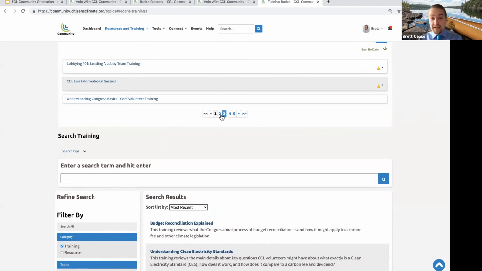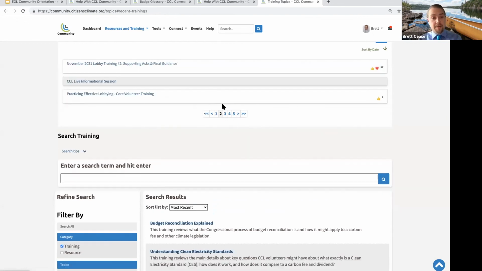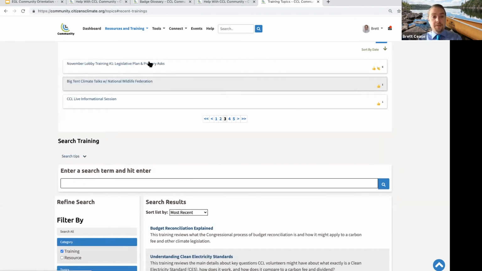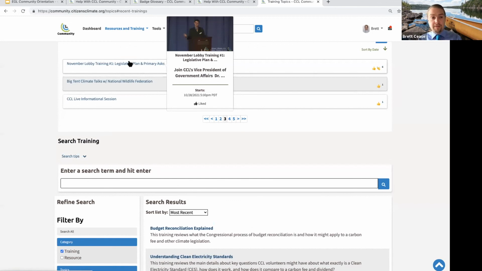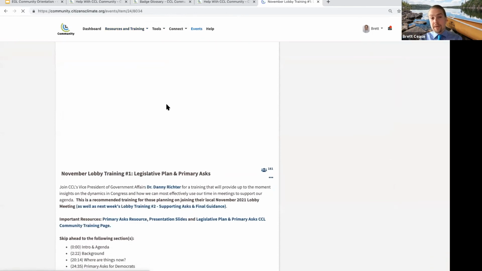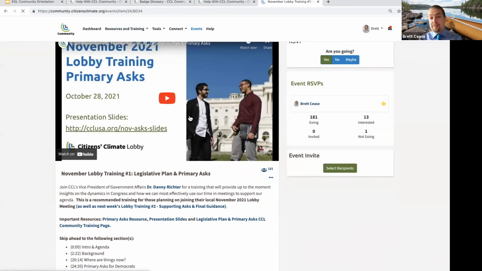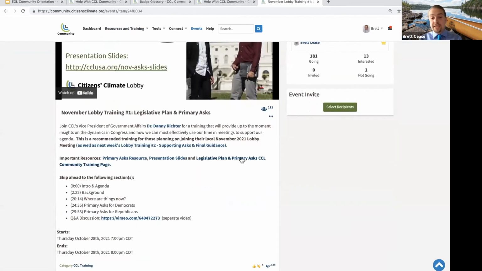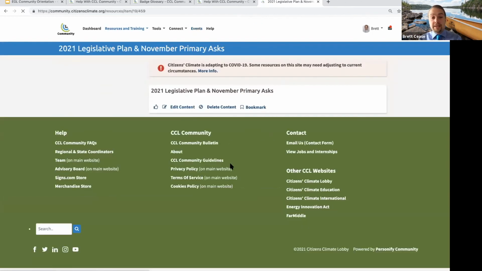And then you can click on and you can say, okay, I think maybe it was this one or this one. Each of these is available as a link. So if you're specifically looking for that first lobby training for November, boom, you found it. You can go backwards and then click on that, and it will load as an individual page where you can see the video. This is under the events page, but you can also see under these events, oftentimes they'll provide you with a training page as well. So I'm going to click on that link to the training.